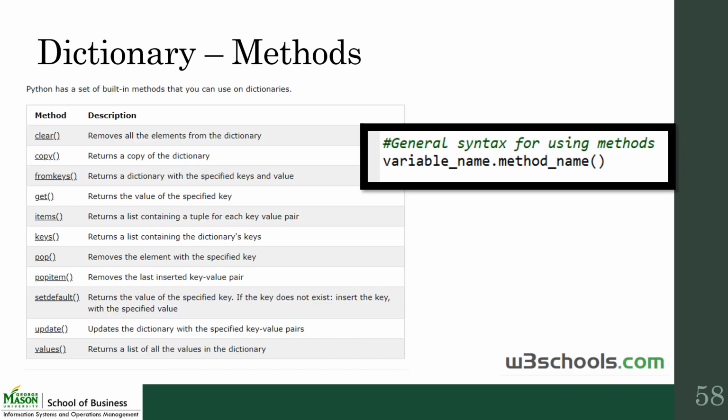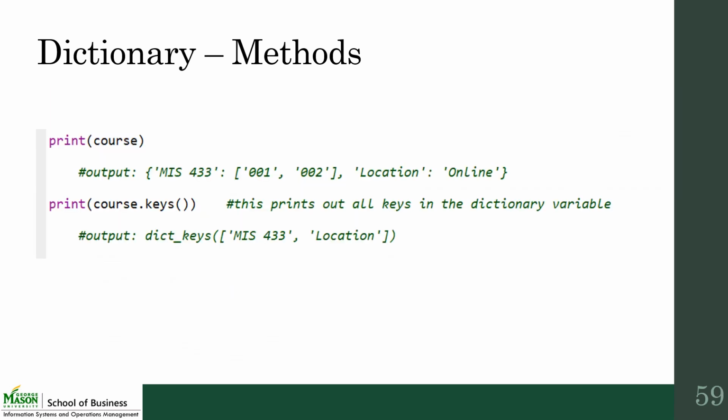As mentioned earlier, most object types have a set of methods that could be used. Here's a list of methods related to a dictionary. In this example, the keys method is used on the course dictionary variable that has a couple of key value pairs. This will output all the keys that are inside